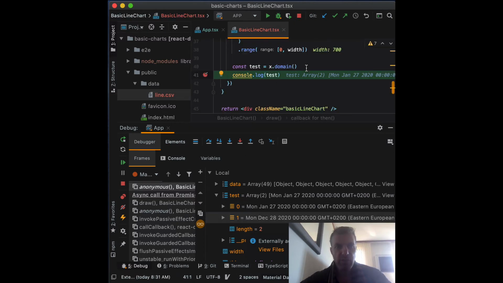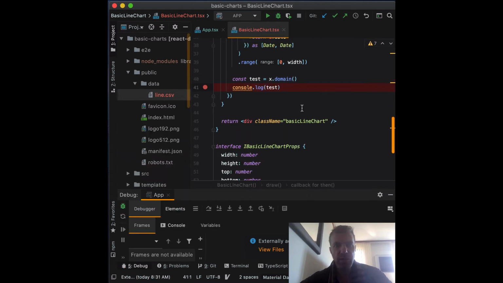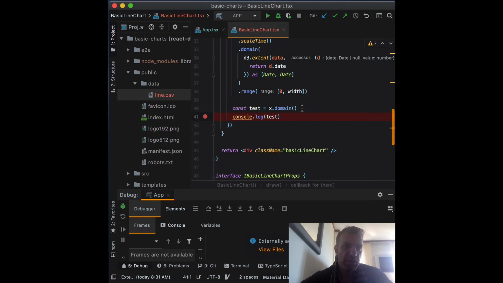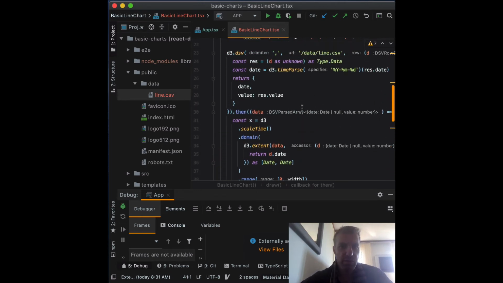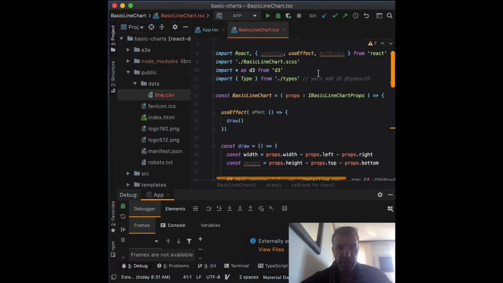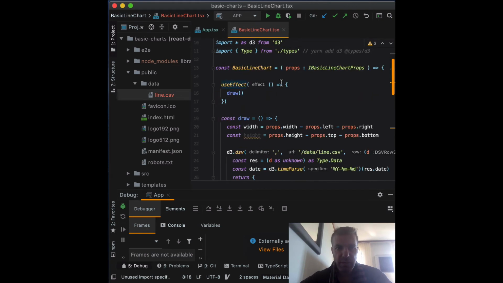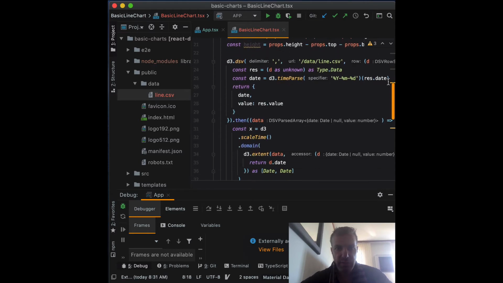Now, if we want to do even more testing, we can pass a date, and then we can see the location that the scale is going to assign to it on the screen. So I'll show you how you can do that. Since our type is of d3 date, we need that parser again. So if I take that parser,